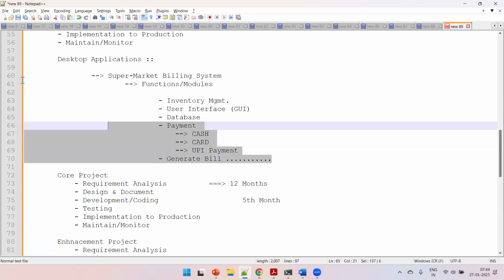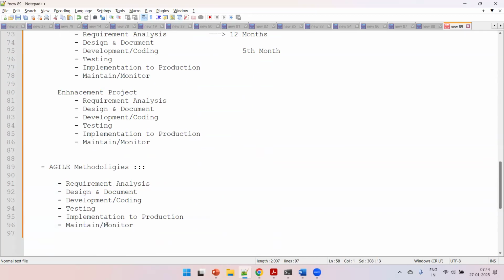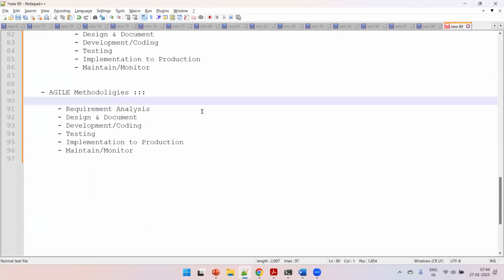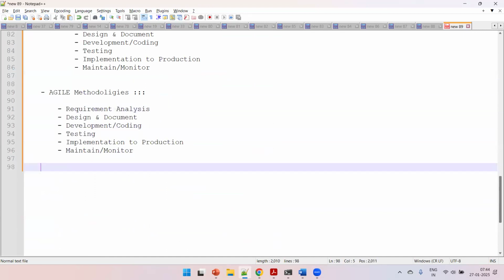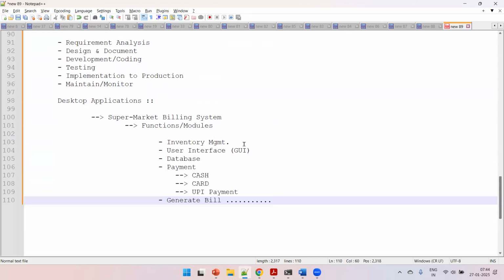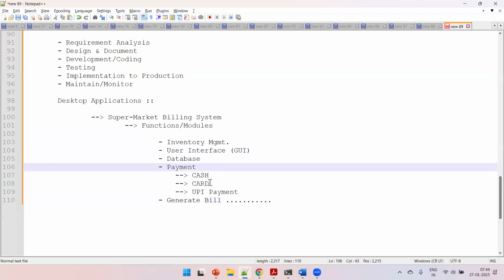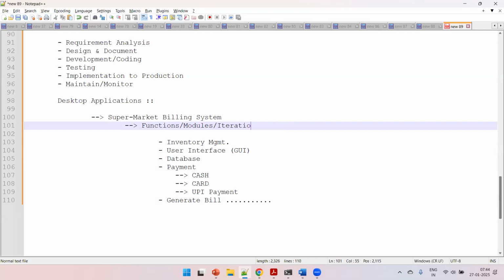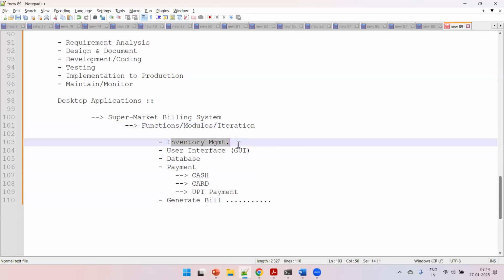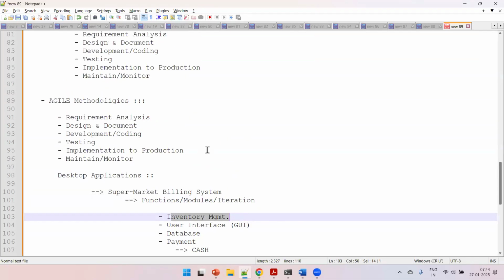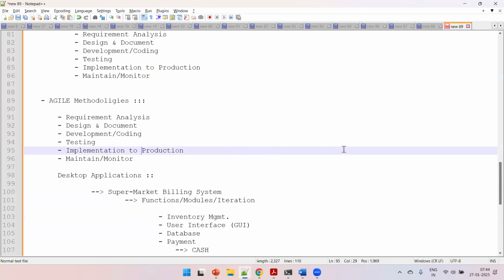If you want, you can take the same example here. Assume that using agile methodology, we are trying to develop one desktop application. So what are all the functions we are going to identify here? Each and every function is considered as an iteration. Why is it called an iteration? Any function we are going to develop can be independently developed, independently tested and implemented. So using these agile methodologies,